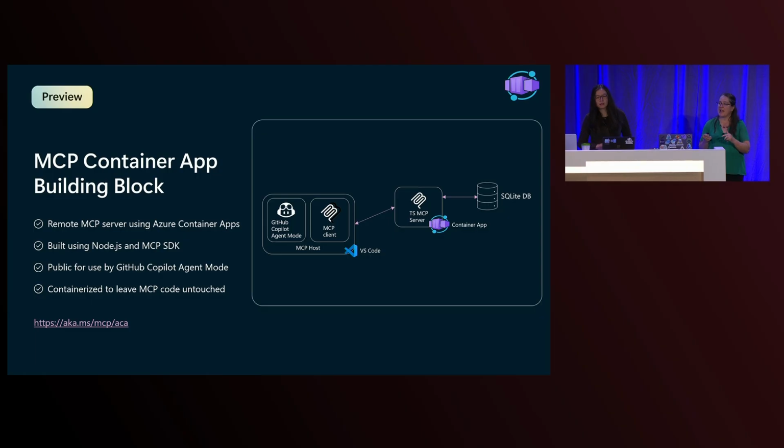And then if you would like access to this MCP container app building block, it is available as a sample in Azure Samples on GitHub. It contains everything you need to get going. I will warn you that this particular container is unsecured in Azure because we are accessing it from GitHub Copilot agent mode on the desktop. When we move everything into Azure, I'm going to show you how we're securing that to make sure you don't have any nefarious actors getting into your MCP server.